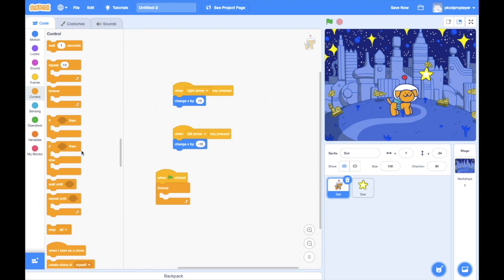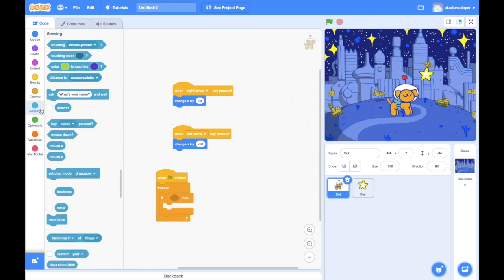Then in controls, select if. Then drag it inside forever. Now go to sensing. There choose touching mouse pointer and click on the drop down symbol here. Here you will see three options: mouse pointer, edge and the sprite you chose. The other sprite I chose was a star, so I have star here. Click on that and then go to